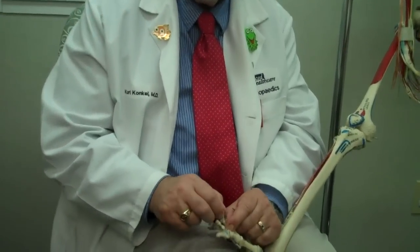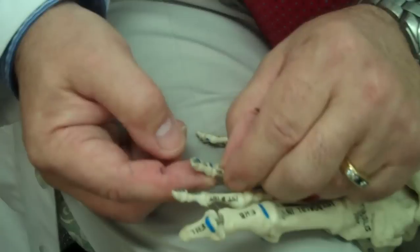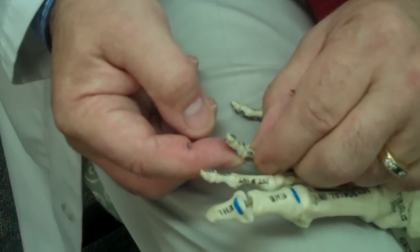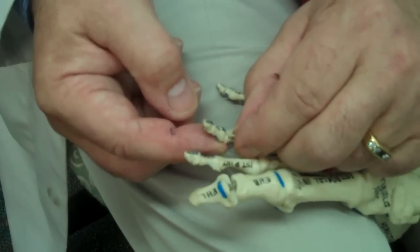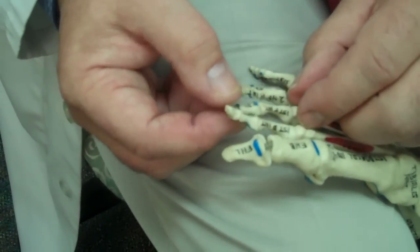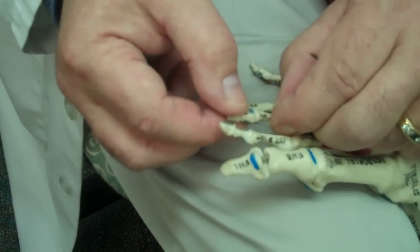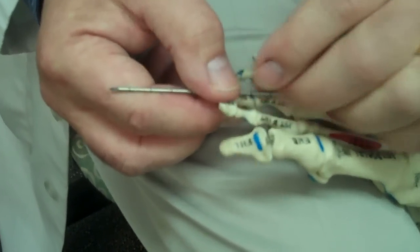Another common problem I'd like to talk about is hammertoes. Years ago, the treatment that was done for hammertoes when they bothered was to cut a part of the joint out of the toe, leaving the toe floppy, and very commonly causing pressure on the bottom of the knuckle, where nature wasn't intended to have all the pressure, and away from the tip of the toe. Because of this, we went away from resection arthroplasties, which left a floppy toe, and we started to do arthrodeses